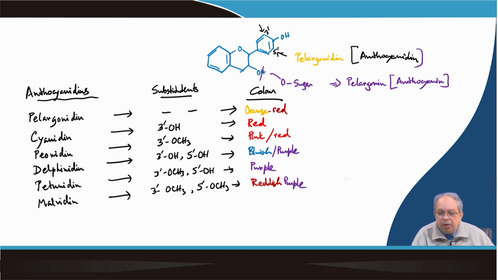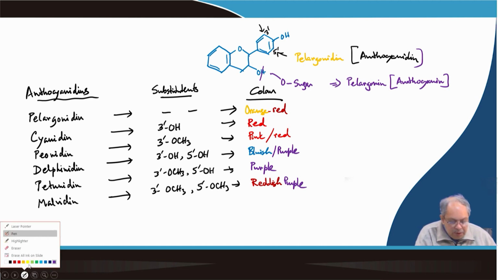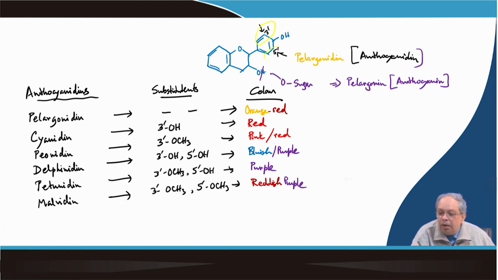So, you see that the substituents at these positions, that is at 3 prime and at 5 prime, really make a difference in the color of the anthocyanin. One thing to be noticed is that, as I have said, cyanidin formation from dihydrocampherol requires F3'H, that is flavonoid 3 prime hydroxylase,